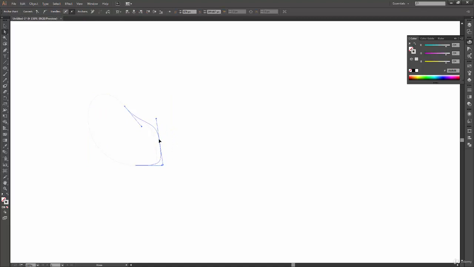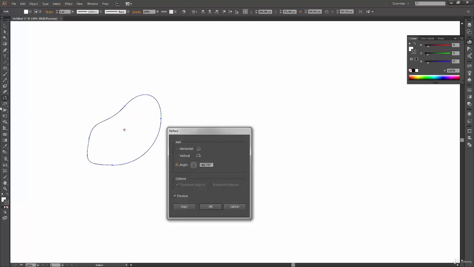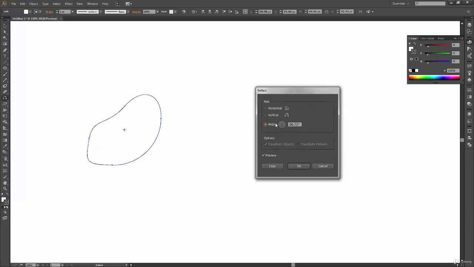I think that is fine. Okay, that is a good shape for the demo. And let's have a default fill in this. Okay, now select our reflect tool and double click on this icon to get the option window for reflect tool.